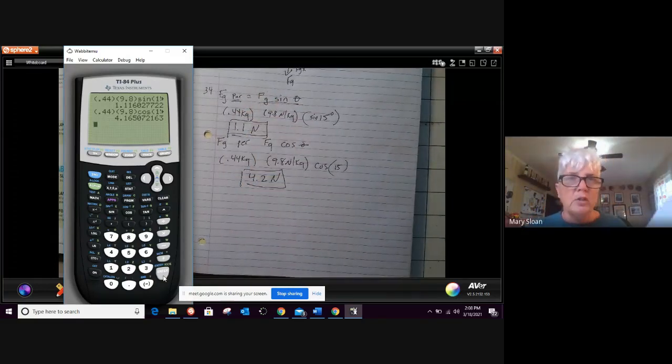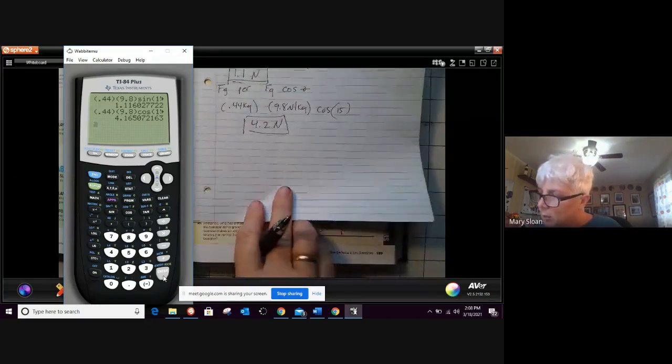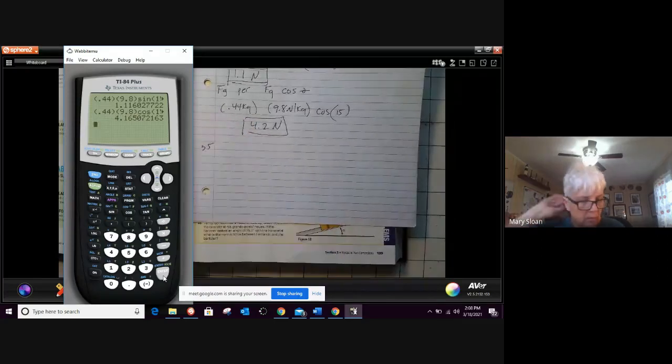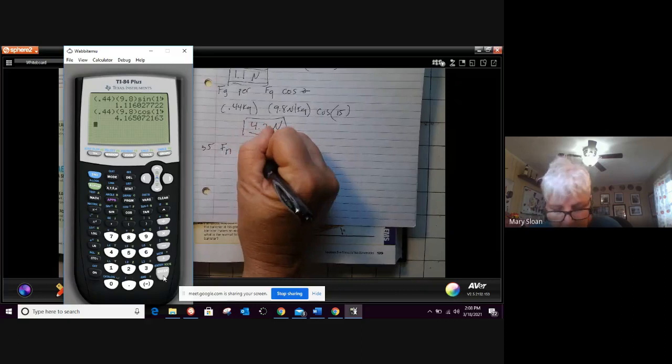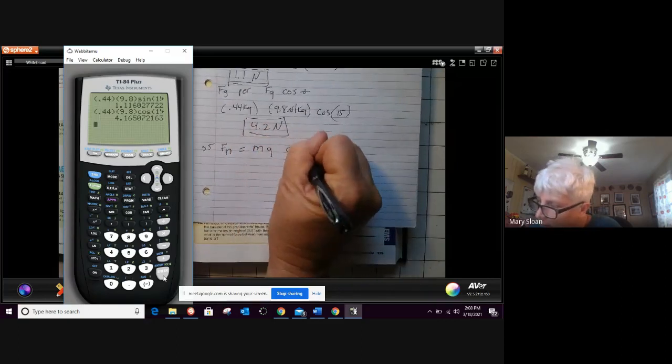Does anybody have any questions so far? Okay, 35. 35 says Fernando has a mass of 43 kilograms, slides down the banisters at his grandparents' house. If the banister makes an angle of 35 degrees with the horizontal, what is the normal force between Fernando and the banister? So I'm going to use force normal, same thing again, mass times gravity, and this time I'm using